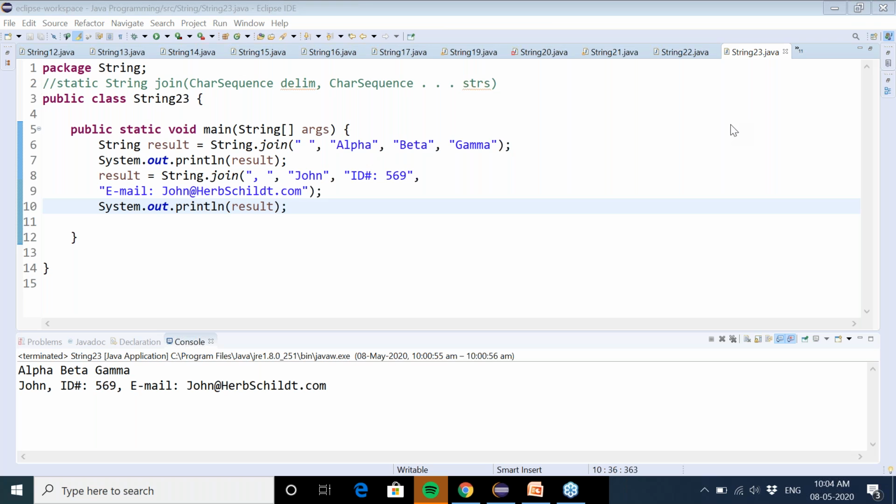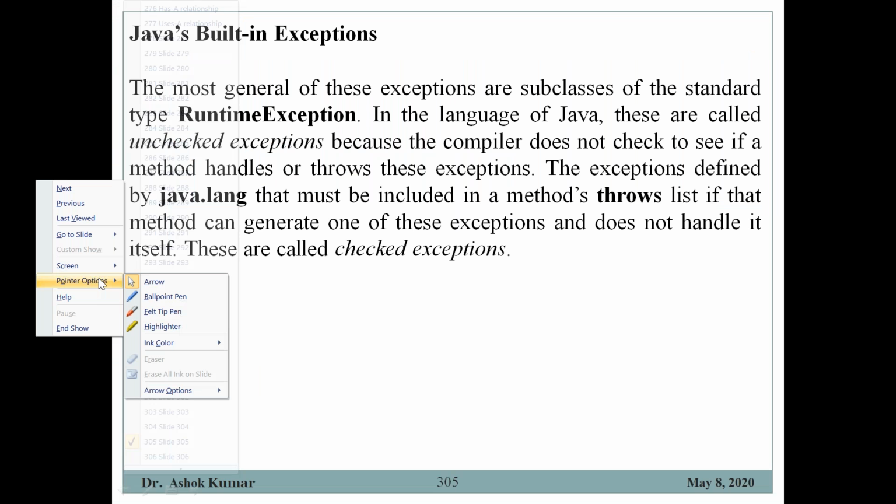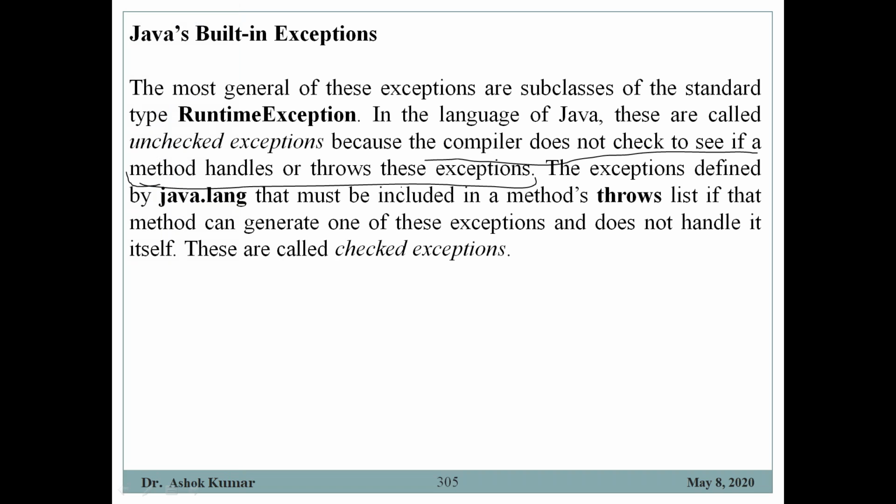While in case of checked exceptions, Java checks at the time of compilation whether the method generates the exception or not, whether it is handling the exception itself or not. So those kinds of exceptions are called checked exceptions.